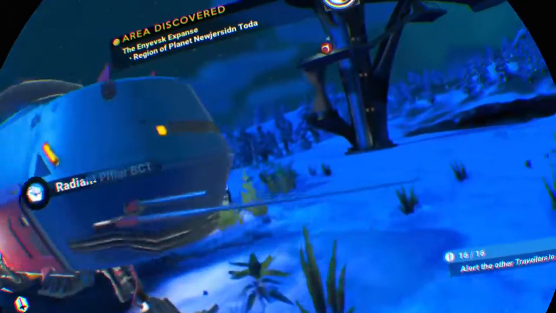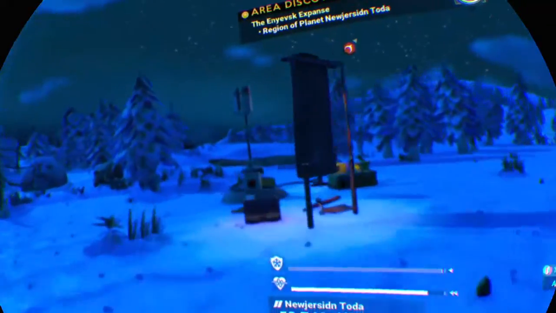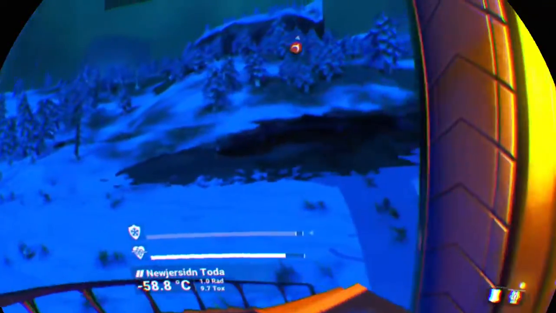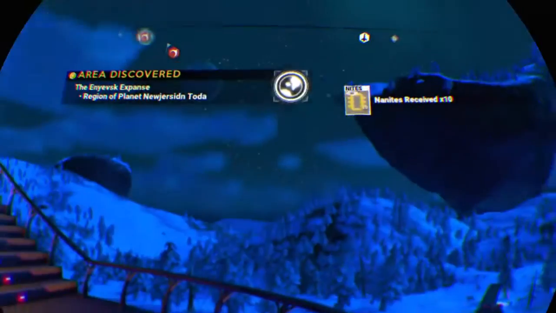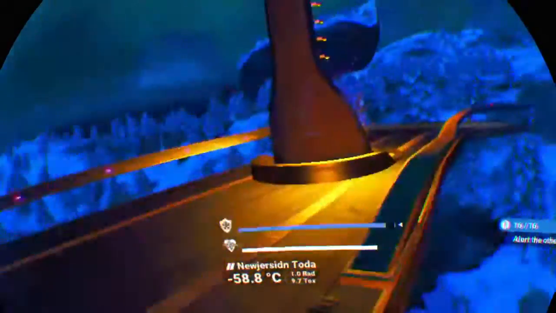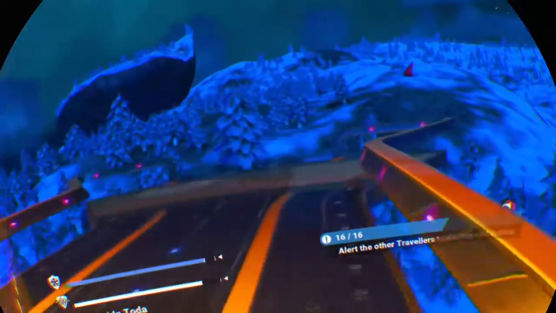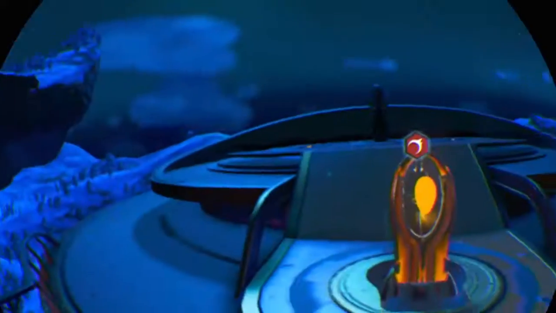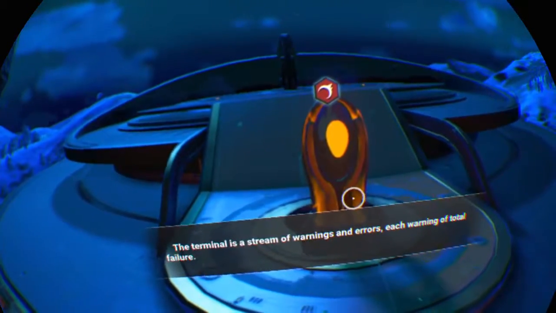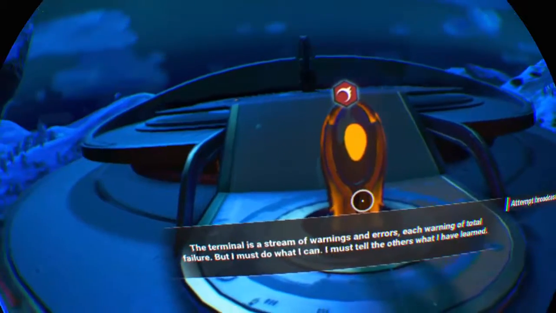I think we have a save point here. Yes. And let's get cracking. Thermal protection failing. Network failure 16. The terminal is in a stream of warnings and errors, each warning of total failure, but I